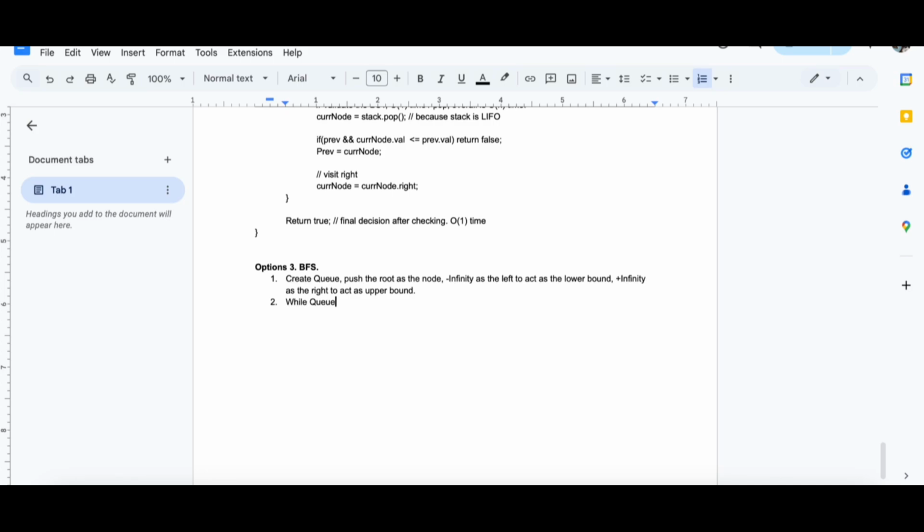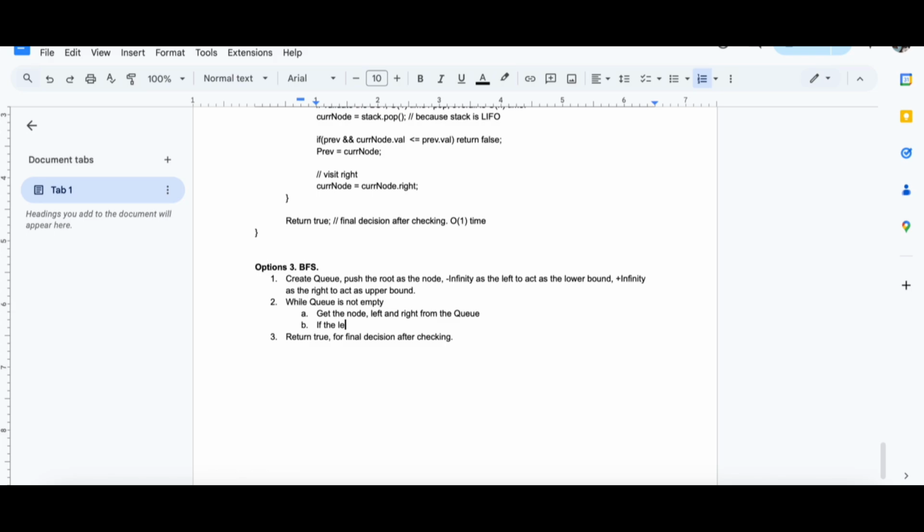Then while the queue is not empty, what we are gonna do is return true, right, for the final decision after checking. Then inside of this, get the node, left and right from the queue.